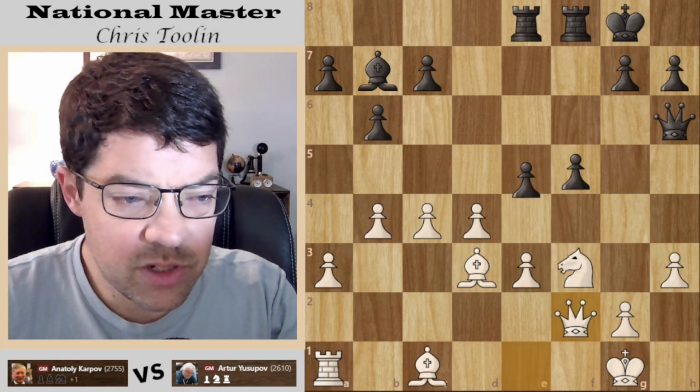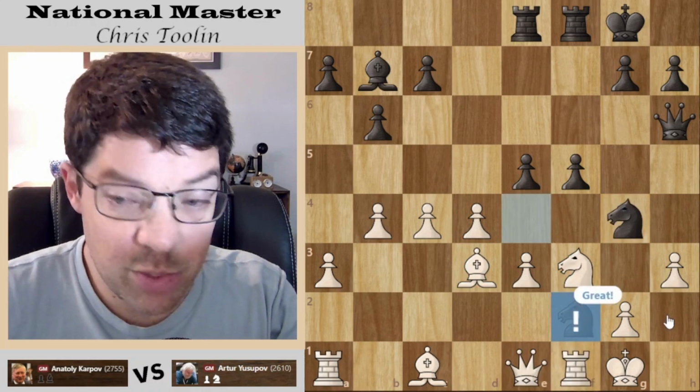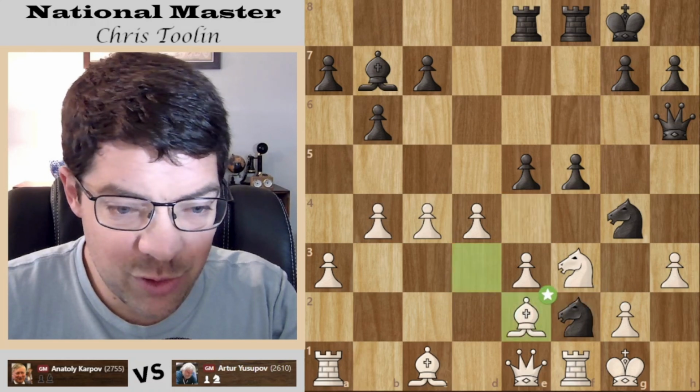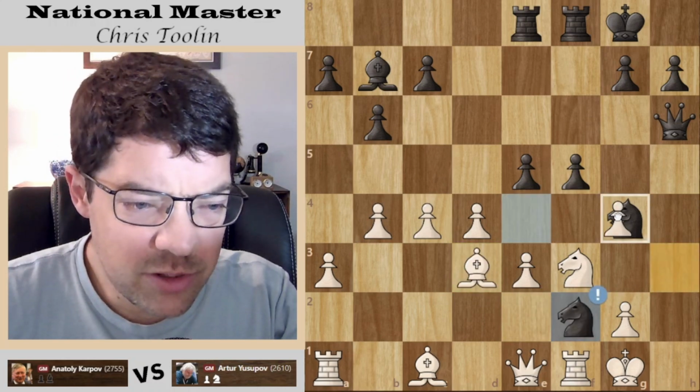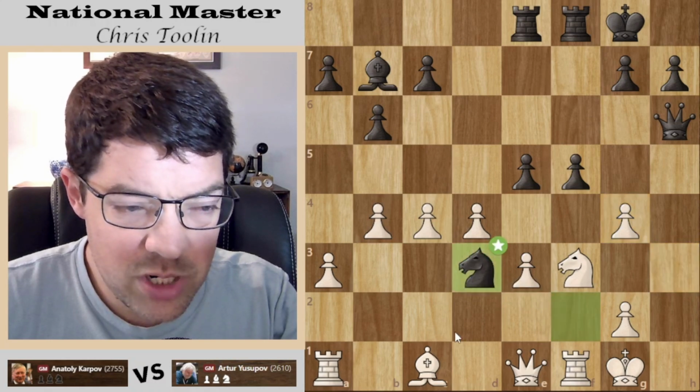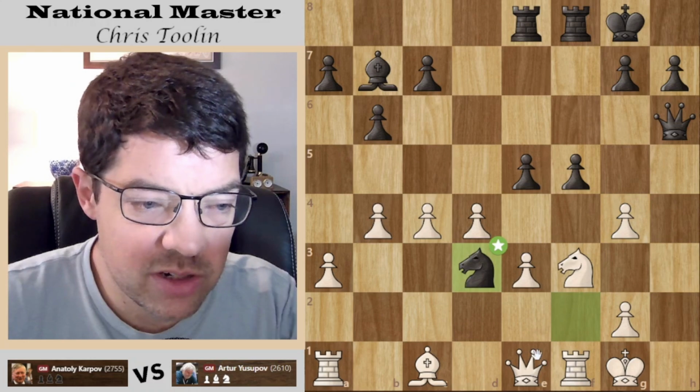So that's what this is all based on and why it looks so strange, but it just plain works. Now, in the game, he played Karpov, the best move, as you might expect, but you can also take this knight. So it really has to work in both ways. Knight takes bishop. That's just an equal trade, but the queen is under attack.